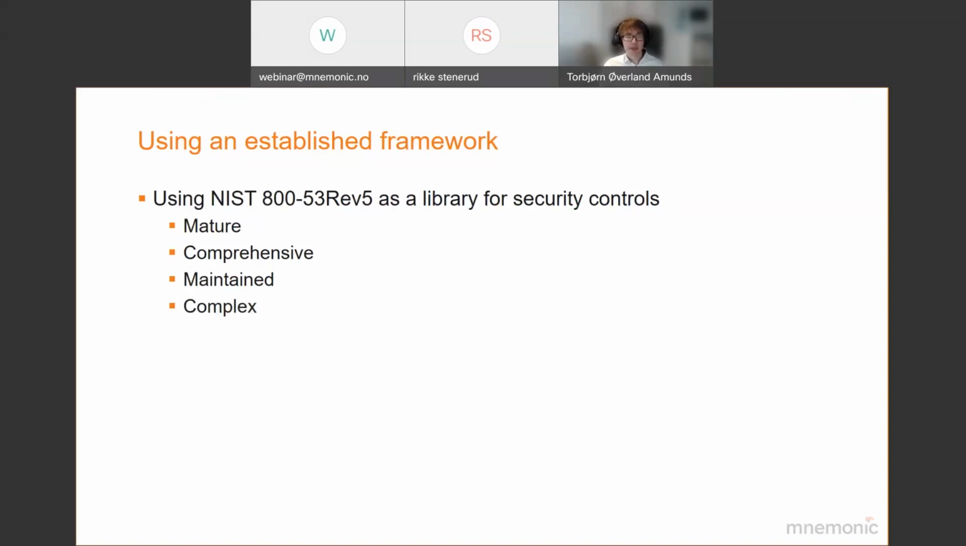But I also, I mean, it is complex when you're talking about anything that has a detail level of 1100 controls plus. It's not something that fits for everybody. So